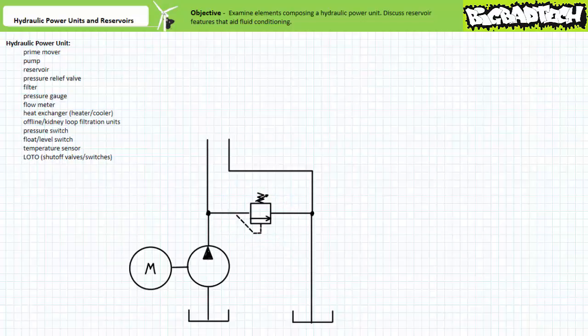A pressure relief valve is an essential safety device and limits maximum pressure of the system. When pressure exceeds the relief valve setting, either because of a closed valve position or the actuator having reached the limits of travel, the normally closed pressure relief valve opens and allows an alternative path back to the tank. Lacking a pressure relief valve, pressure could build to dangerous levels and possibly damage a hose, fitting, valve, actuator, or